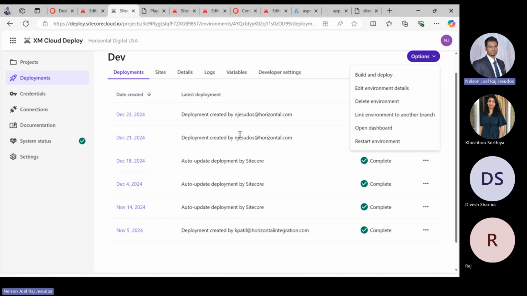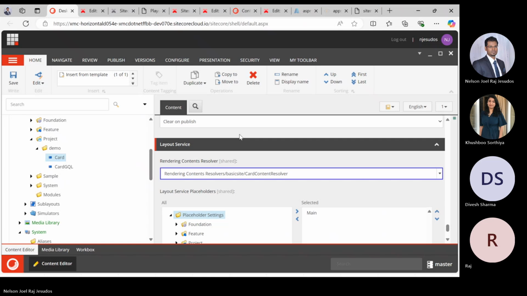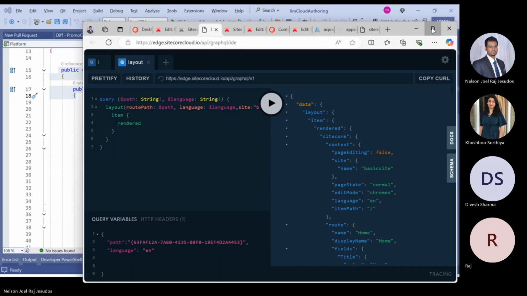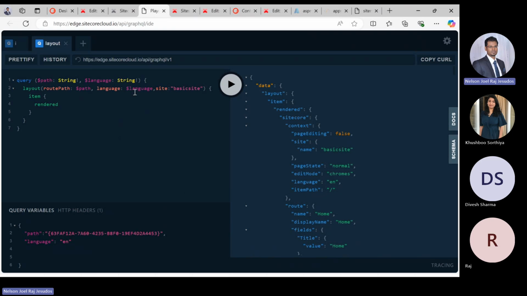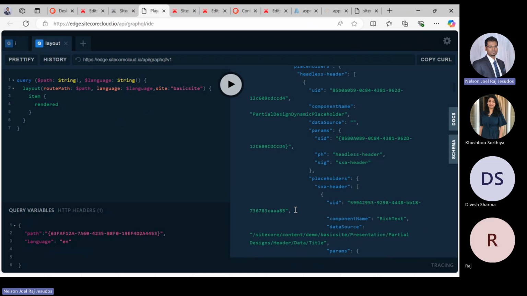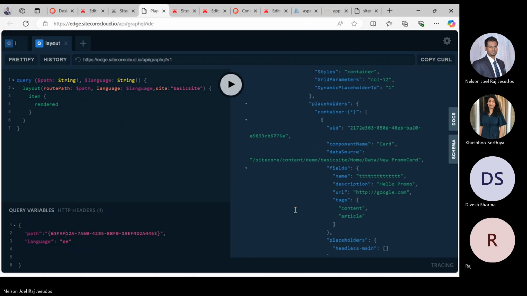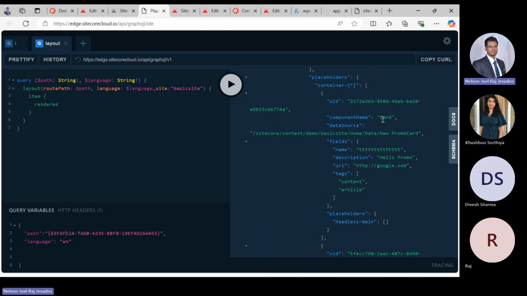Once I do that, the new code is now available in the XM Cloud. So the layout service will be created based on this new code which we have created. Right now, if I go to playground, this is again the home page. It's the home page ID only. If I go here, right, so you see here,